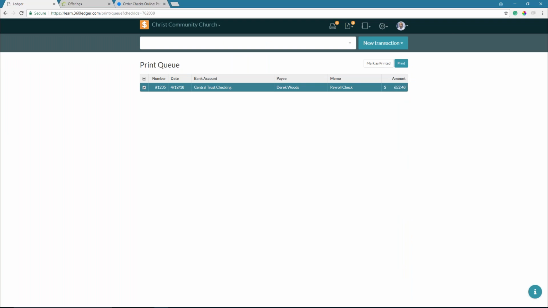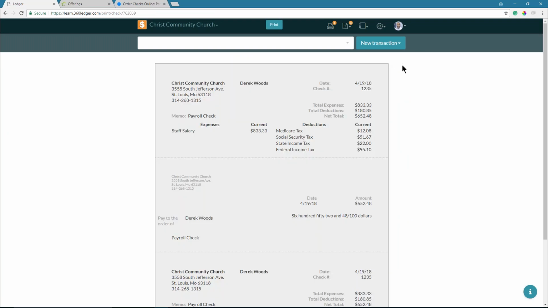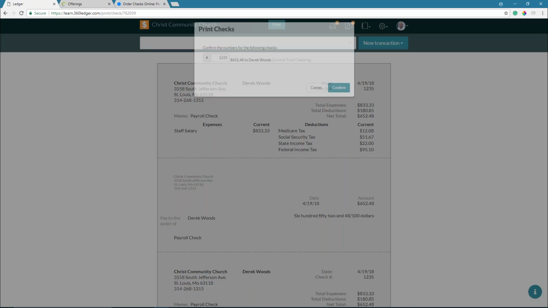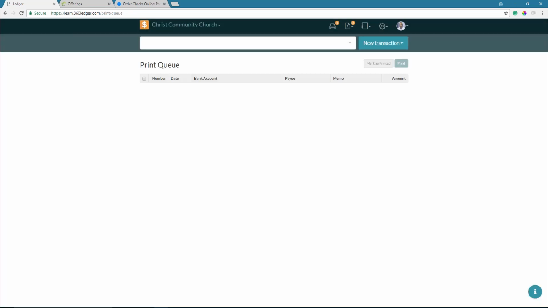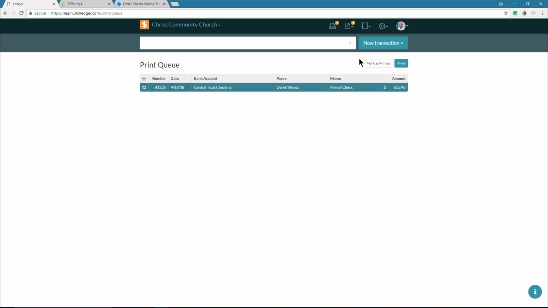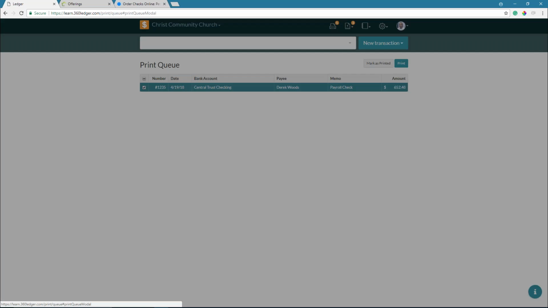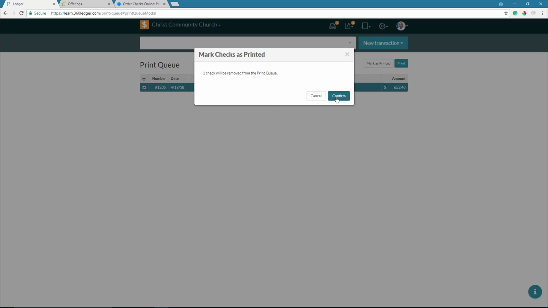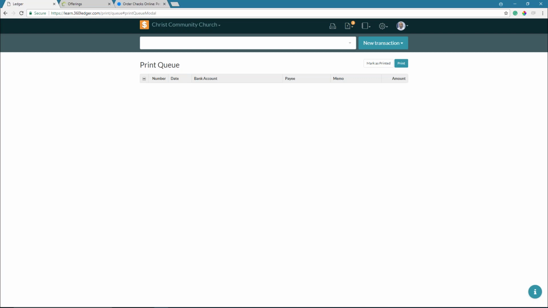Then I'll retrieve the check from the printer, make sure that it looks correct. If it doesn't look correct, then I'll click on print again, and I'll go through the print process. So, I'll just go through that print process until it's correct. If it is correct, then I'll check the box and I'll say mark as printed and click confirm, and then it'll take it out of my print queue. So that's how